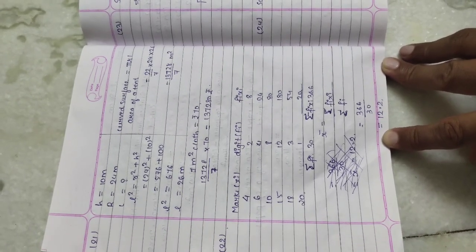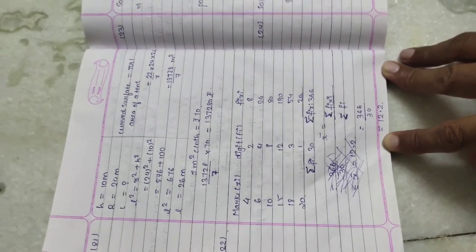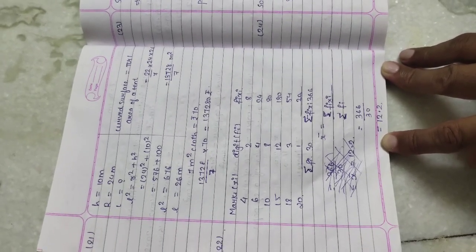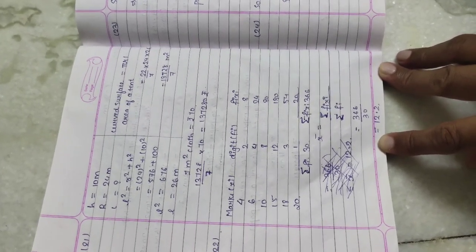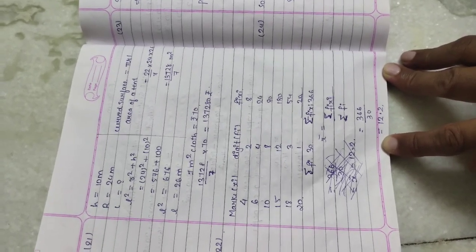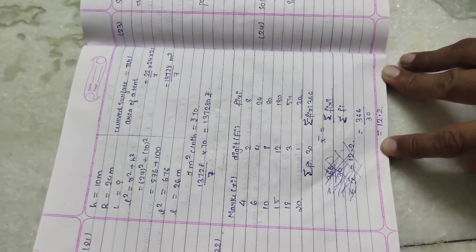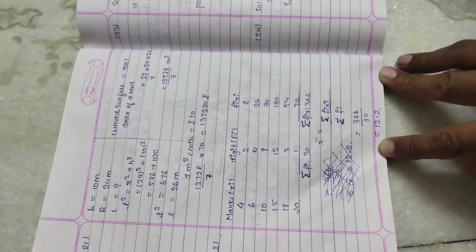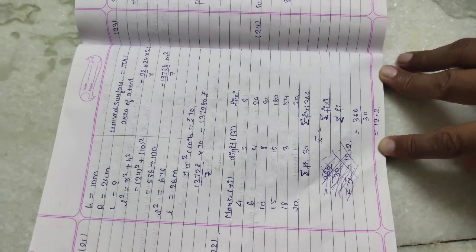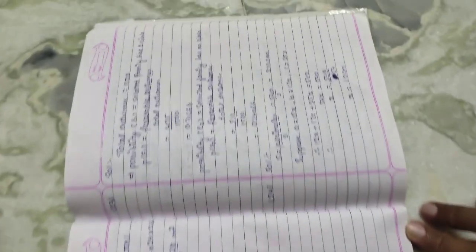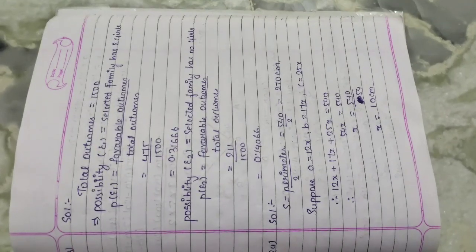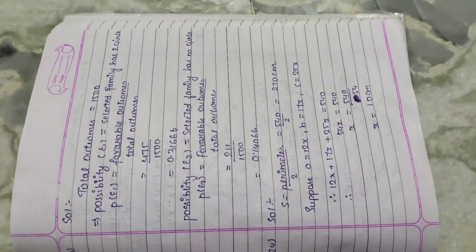And question number 22 is from statistics. So it is also very easy. Here the formula of mean is used. X bar is equal to sigma fi xi upon sigma fi. So your answer will be 12.2 as per the question. Now here question number 23, solution is given here. You can see also